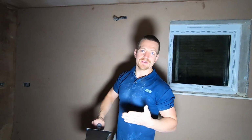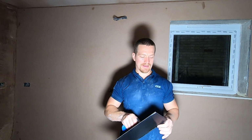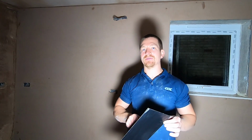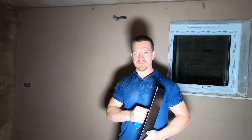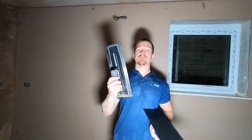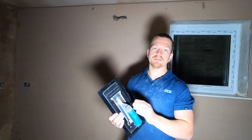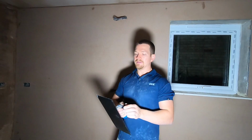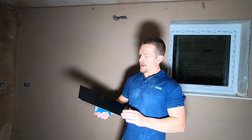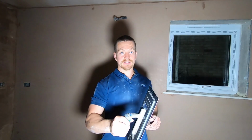So this is the final stage of plastering. This is the final part. It's been a bit of a slog. If you're new to plastering, by the way, you probably didn't realise there were so many stages to getting a flat wall. This is where you can use a plastic trowel. Now you can use your flexi trowel or you can use your original trowel. It doesn't really matter, but I really like to use a plastic trowel. I just find it gives it a better finish. It gives it a matte finish, which is ideal for the painters to work on afterwards, and it's just really nice to use. So I'm going to use this, which is a Rafina Plasiflex, and this just really finishes off